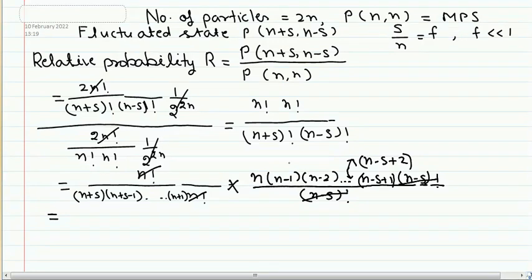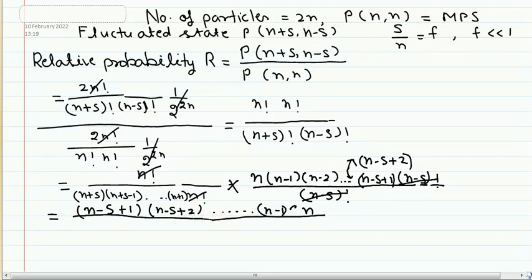Let us write in opposite direction. So it will be n. First I will write this n minus s plus 1. N minus s plus 1. The last term. So n minus s plus 1. This term. And then it will be n minus s plus 2 term. And dot dot dot. And then we have n minus 1 term. And then n. I have written this in reverse order, and then divided by this whole divided by